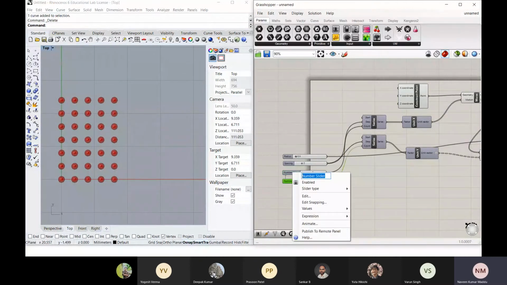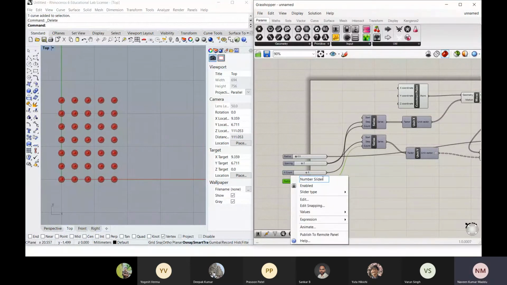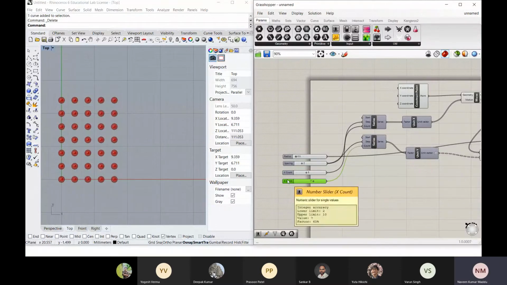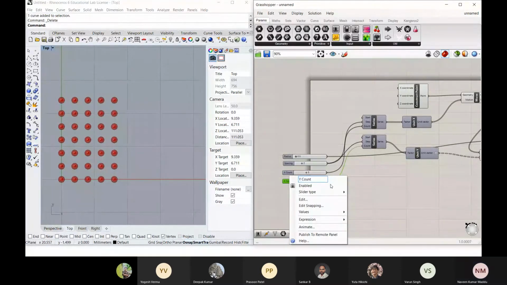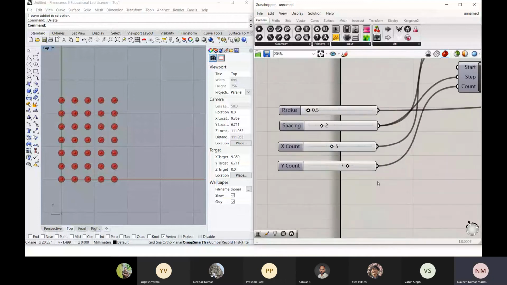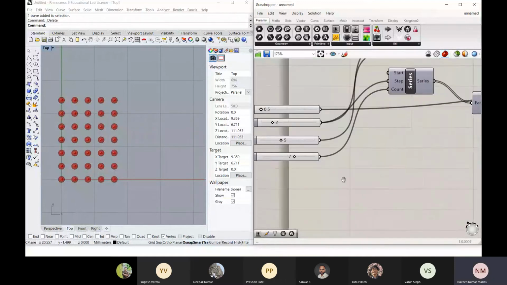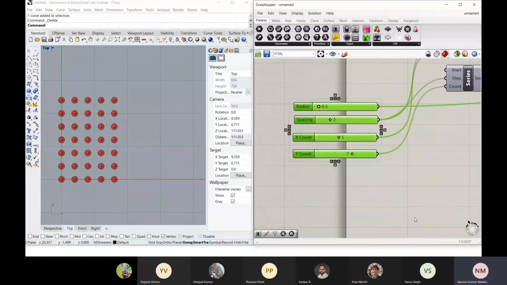This is your x count, and this is your y count. By playing with this, all your design has been parameterized.